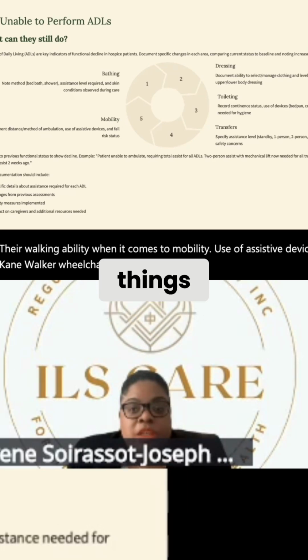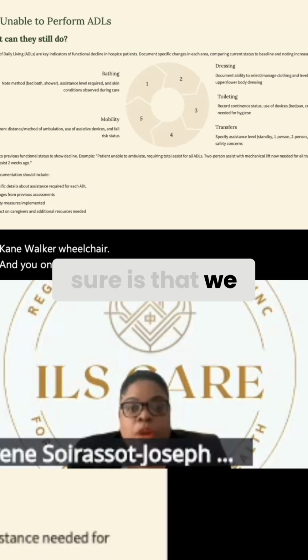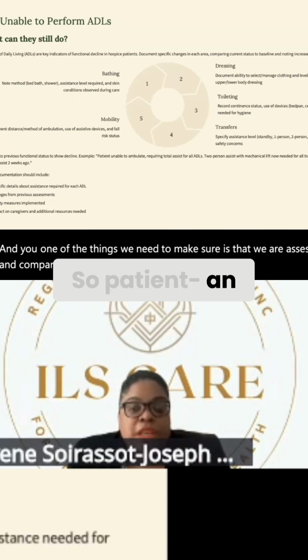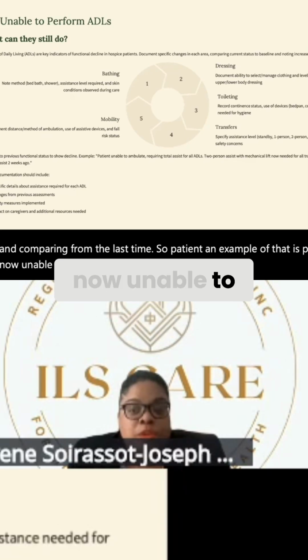And one of the things we need to make sure of is that we are assessing and comparing from the last time. So an example of that is: patient now unable to ambulate, requires total assistance for all ADLs,